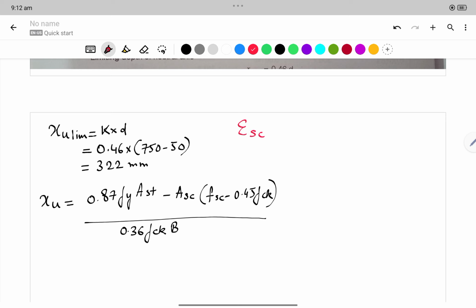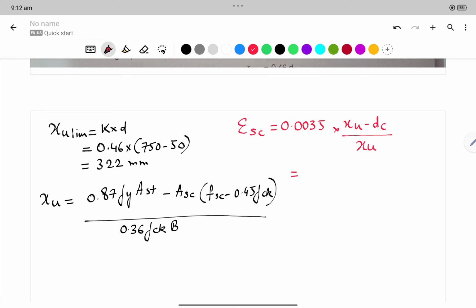Epsilon SC is equal to 0.0035 plus, into XU minus TC divided by XU. So it is equal to 0.0035 into,